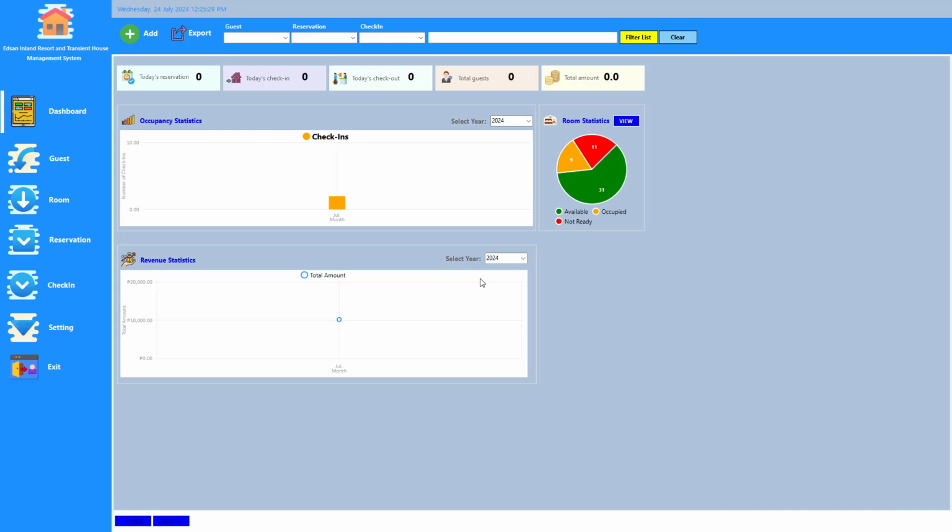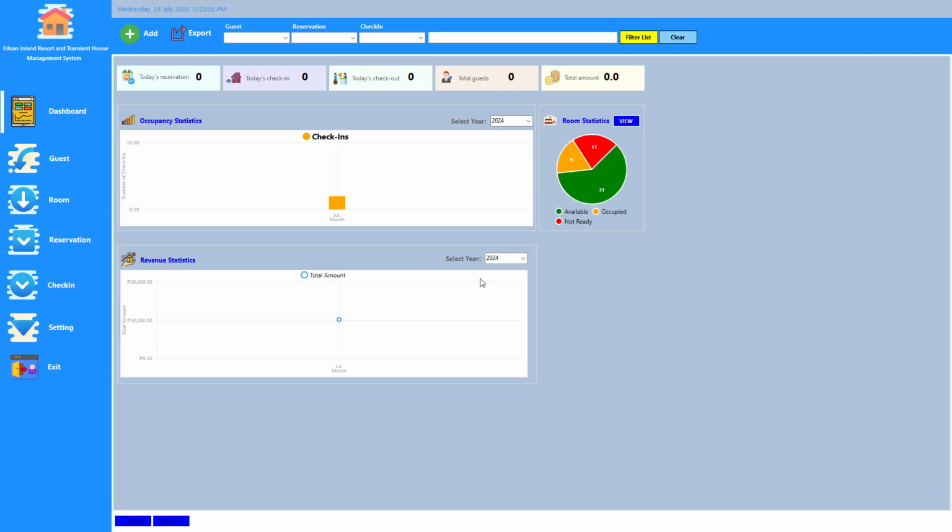Daily statistics: today's reservation, check-in, check-out. Total guests and amount: get quick totals for guests and revenue. Occupancy and revenue statistics are presented in a graph to visualize them by month and year.